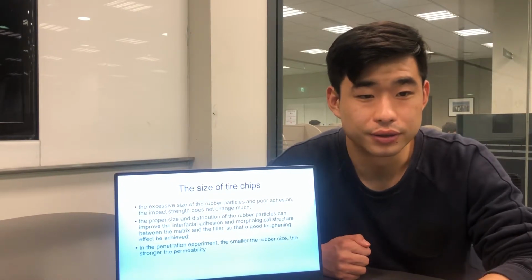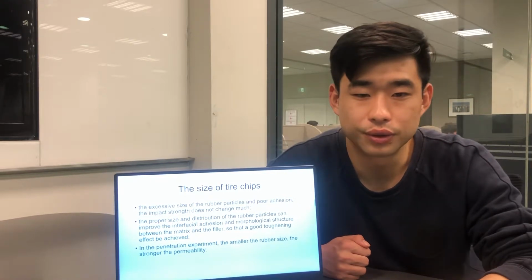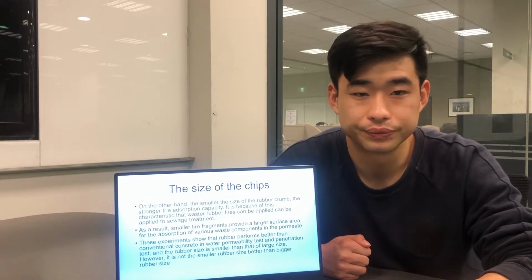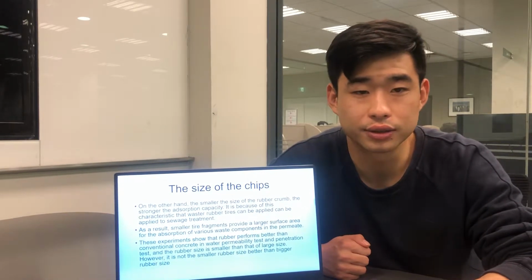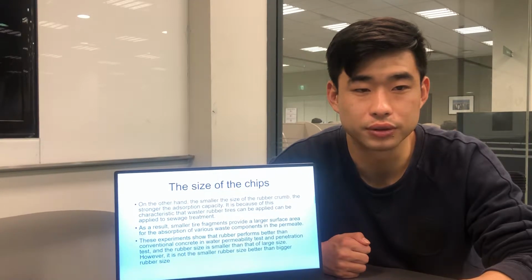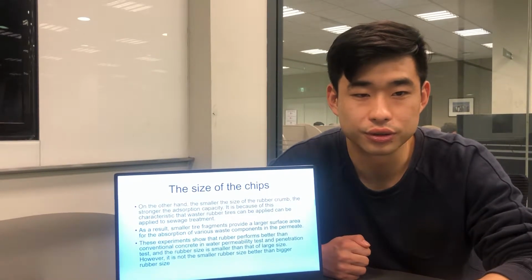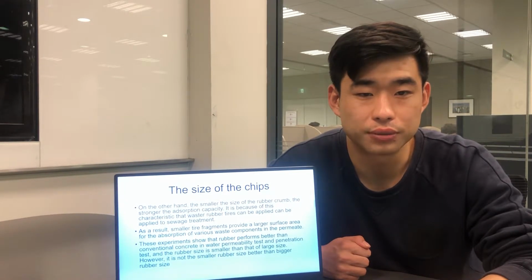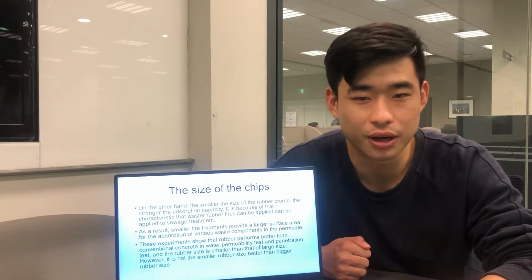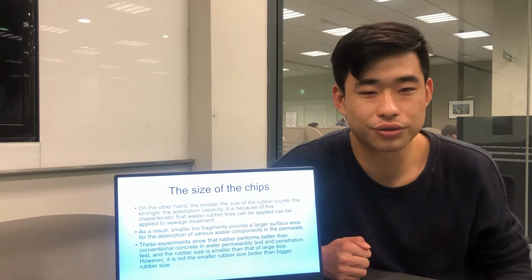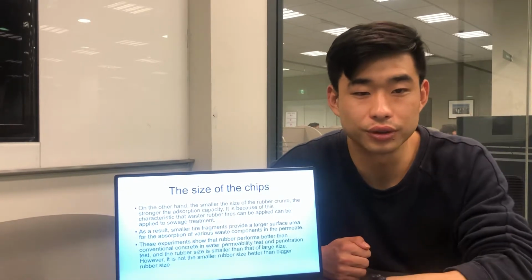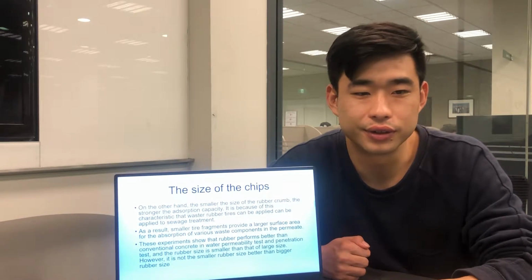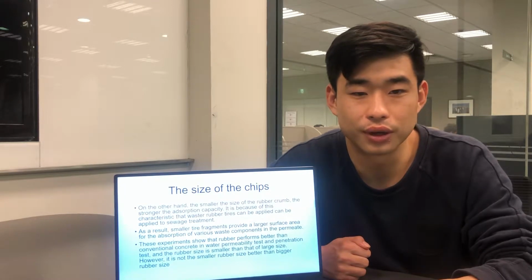The experience, the smaller the rubber size, the stronger the performance. On the other hand, the smaller the size of a rubber grows that strength be it so capital. It is because of this the western rough style can be the sweat treatment. As a result, small tire fragments provide a large soft area for the absorption of the value waste components